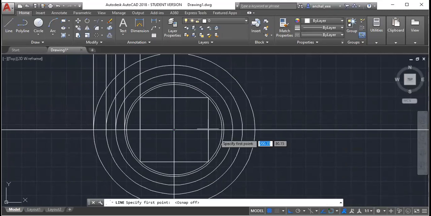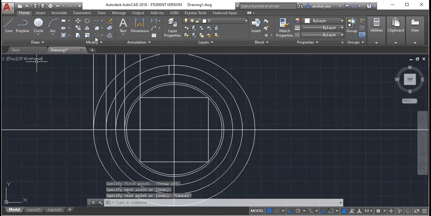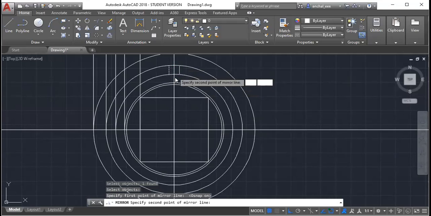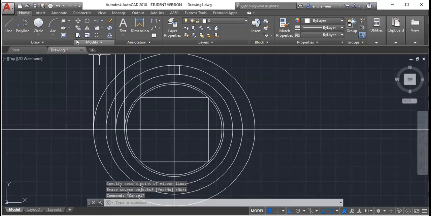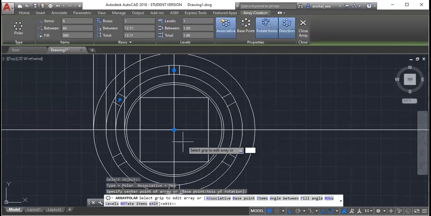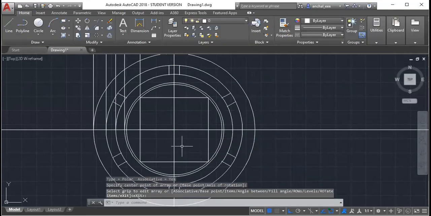Kulsum, for wooden pieces, turn off your object snap. Okay, take a line and draw one line here parallel to the construction line, a very small line, and then do the mirroring of it. Take this object from here, then turn on the object snap so that you can see the mirror line where you are drawing. Enter it. Okay, one small piece you have drawn. Then select the polar array. Select these two objects. Right click and select the center of the circle. Then press enter. That's it.